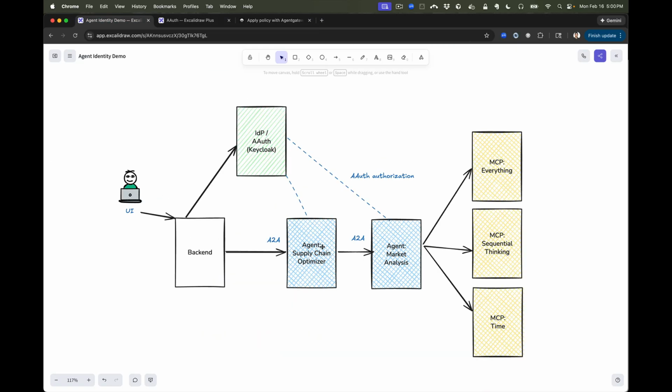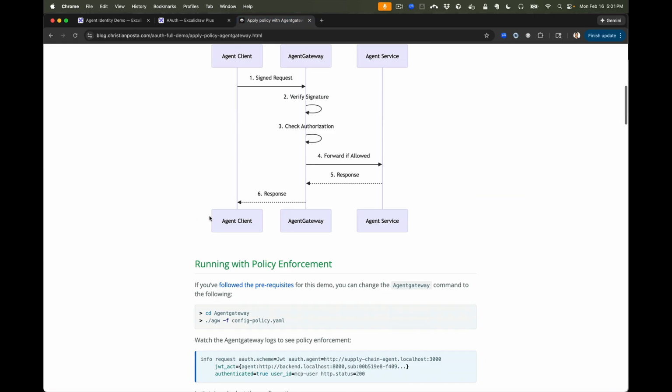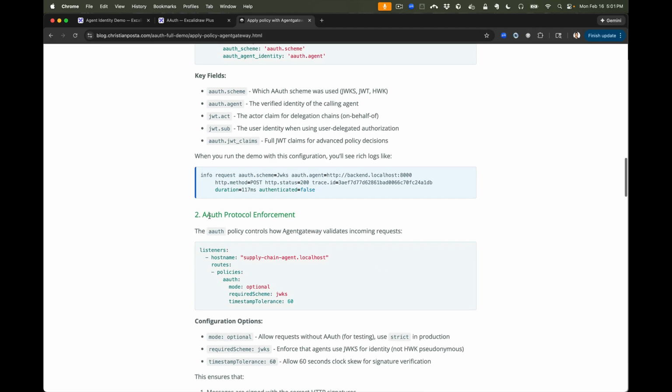We have the backend, which calls supply chain, which calls market analysis, and now if we have Agent Gateway in the path here, we can get access logging, rich telemetry, tie it in with OpenTelemetry, things like rate limiting, things like authorization access policy, like I was just digging into, and secure your MCP servers. So I highly recommend you come take a look at this demo,